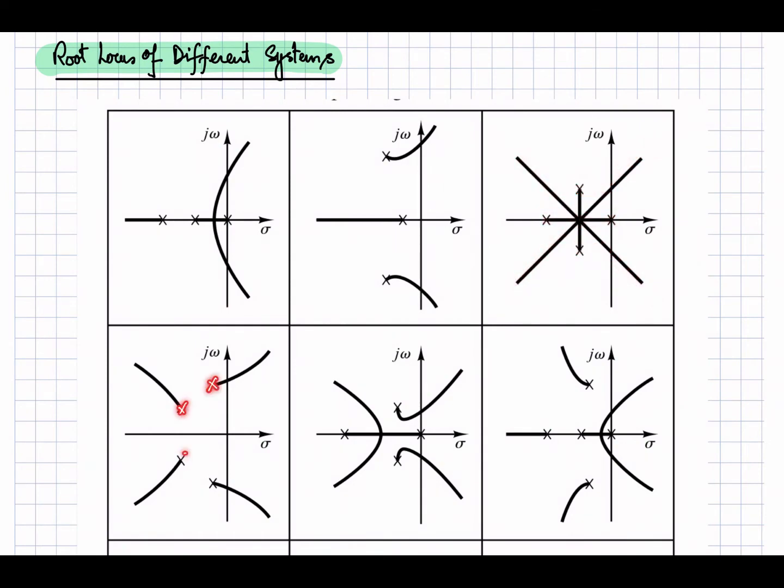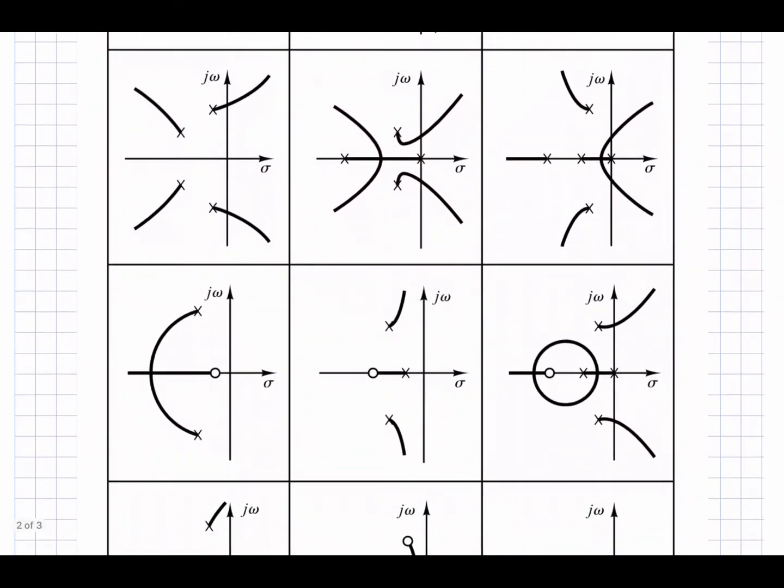Similarly, if you have a structure like that, your root locus will be like that with the variation of the gain k. Your poles will be moving like this, and for the position of the poles like this, if you have two poles over here and the complex poles over here, it will be moving like that, and these poles will be coming toward each other and then will break away from the real axis. So with practice you can guess the root locus by just observing the position of the poles. If the poles are like that, they will be moving away from this one, and these poles will be moving like that, and this pole will be moving toward the infinity.